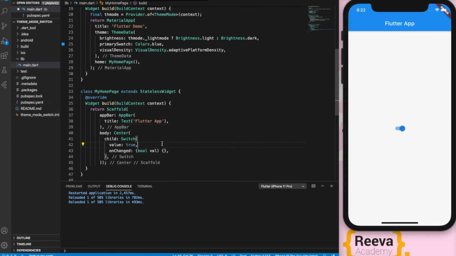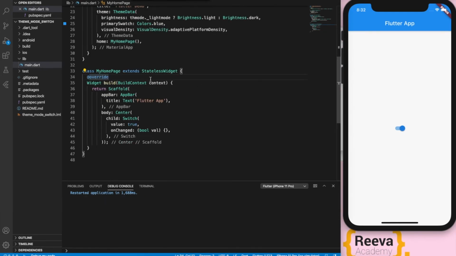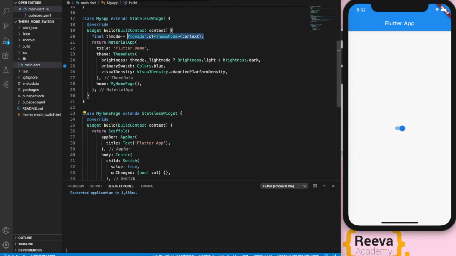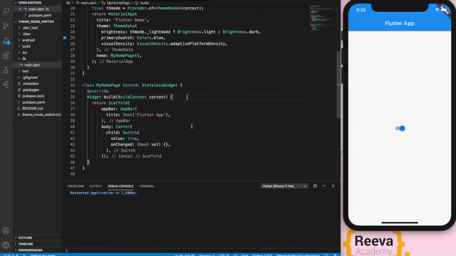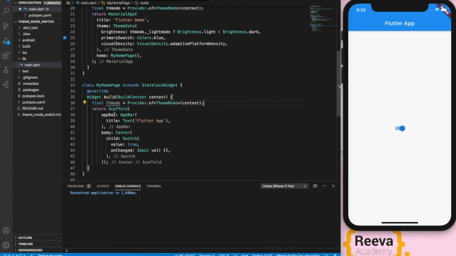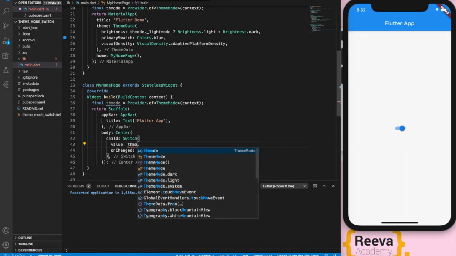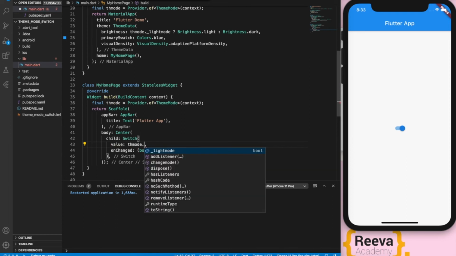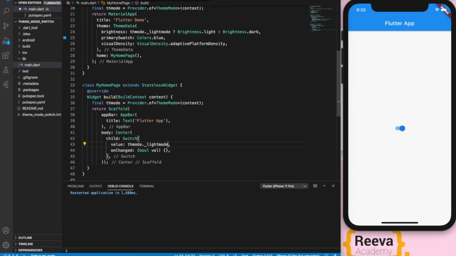Cool. Now what we will do is make the default value of this switch our boolean variable of our provider class, so that if that value is true, our light mode is on. I will again use provider.of to access the state, or the variables, of our provider class, and set the default value of our switch.